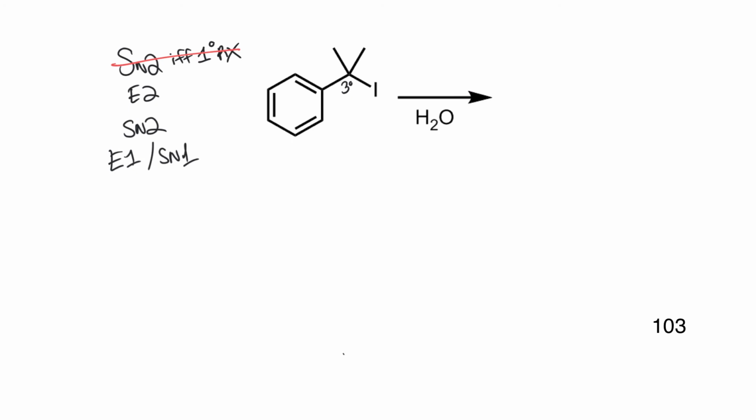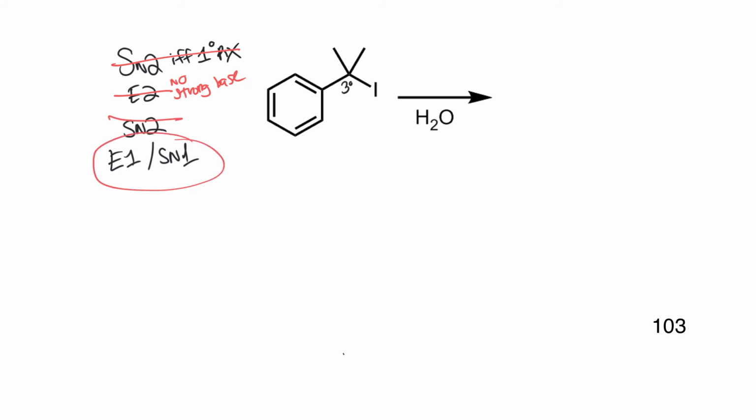Okay, so there's our alkyl halide. Let's look for a beta H. Can we do E2? We need a beta H. There's an alpha carbon. There's beta, beta with H's. We do have beta H's. So that means we need a strong base if we're going to do E2. Nope, not a strong base. Go back to SN2. Oh, SN2 is not allowed. It's tertiary. It's also not a strong enough nucleophile.